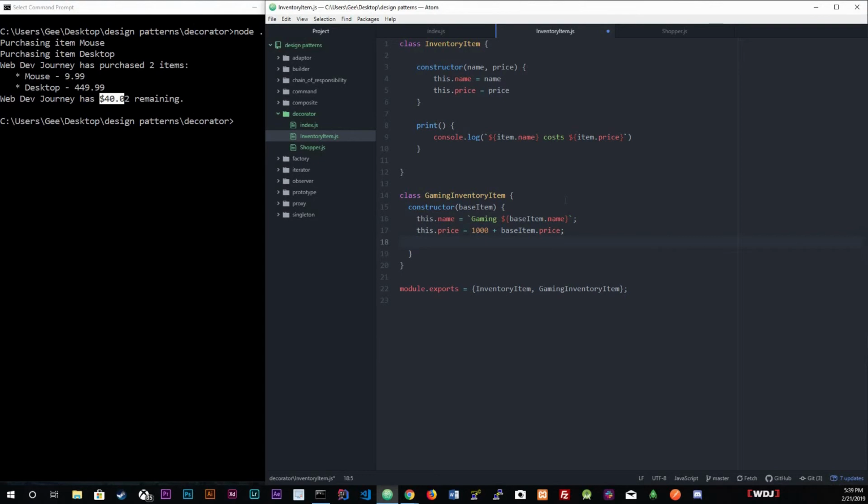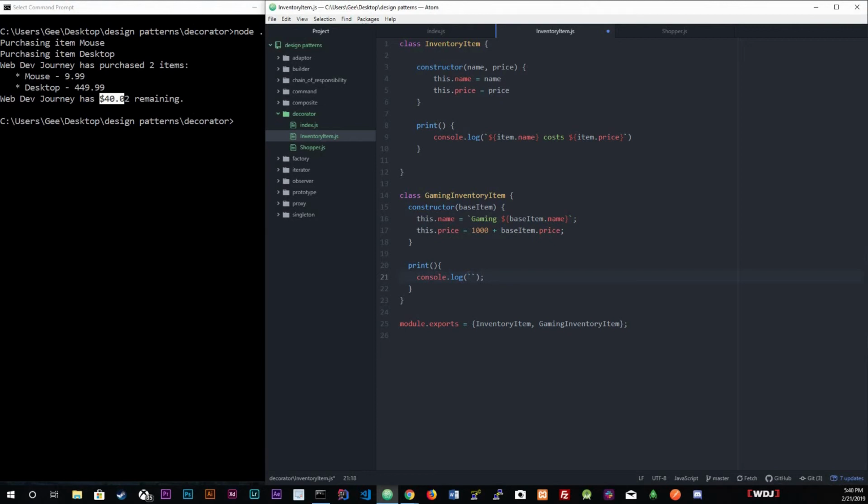And then we're gonna do this. Nah, let's just leave it like that. I was gonna add another simple thing saying this.isAwesome equals true, because having a gaming desktop is awesome. But let's not even worry about that. But let's go to price now. We're gonna create a method called print price. Inside of print, we're gonna just log out